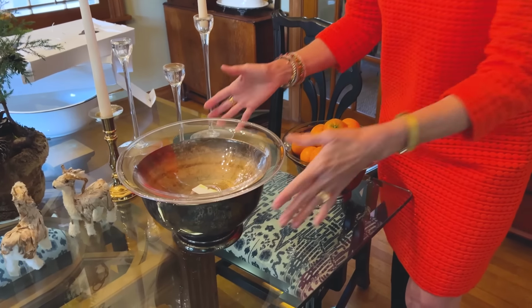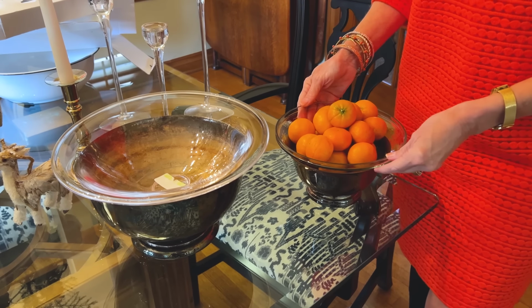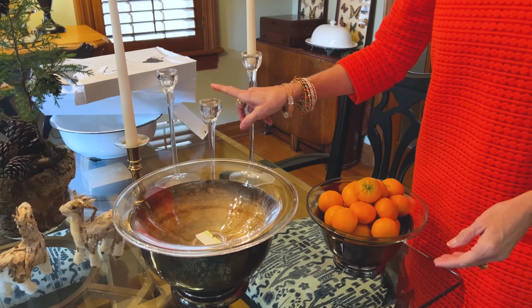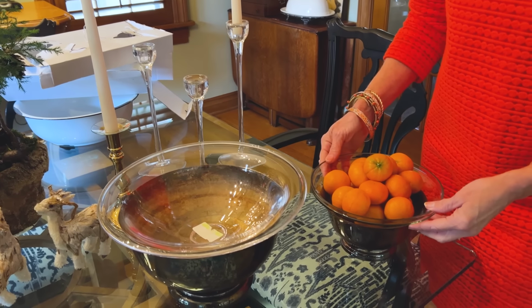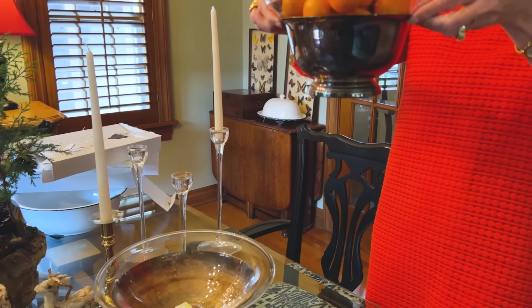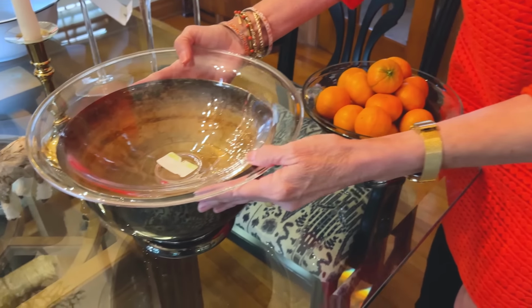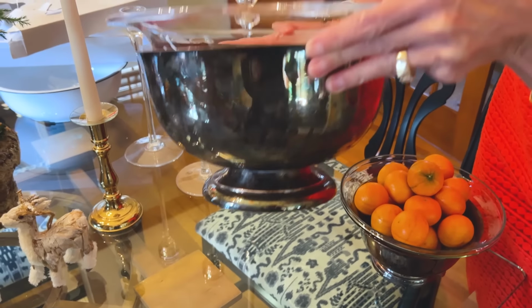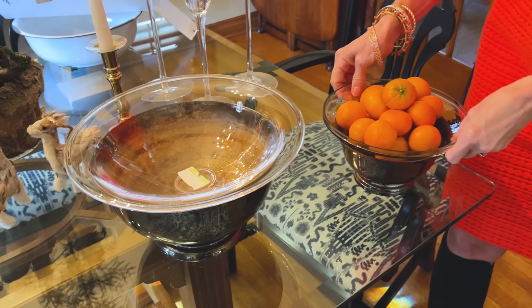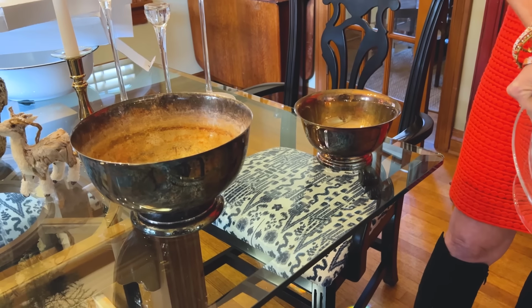The other thing that as a general category I'm always looking for are things that I can set inside other things. So like I set a glass ornament inside or on top of this candlestick. I also like taking something and using it as a liner. So I previously had gotten these 2 silver bowls, aged silver, or they're not real silver, I'm sure, but silver plated, but that's okay because I love the look. And typically when you see them like this, I'm going to show you a picture